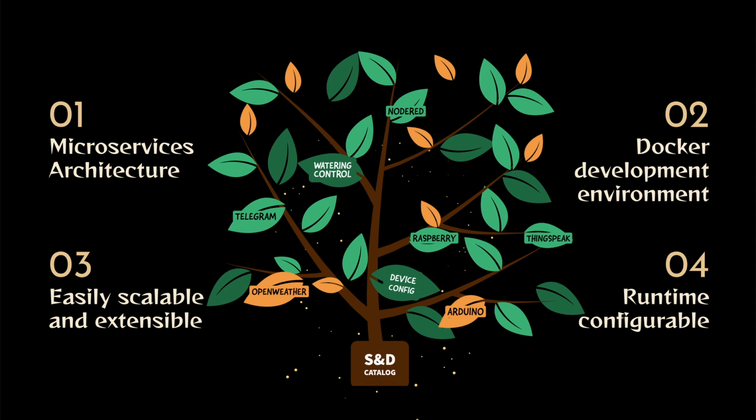WaterIoT is developed according to the microservices architecture. More than 10 services have been developed for the basic functionalities of WaterIoT. This kind of development is possible thanks to Docker containers. Each service is in a self-contained container, and this allows an easy development and, most important, an easy deploy in a cloud environment. It's easily scalable and easily extensible thanks to the REST APIs and a well-structured code base that